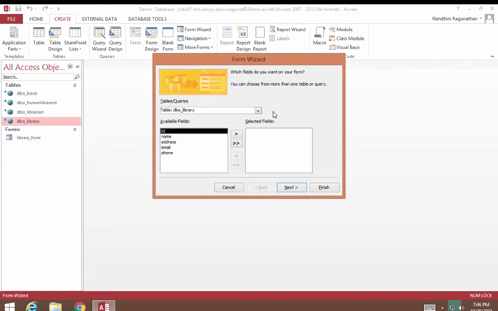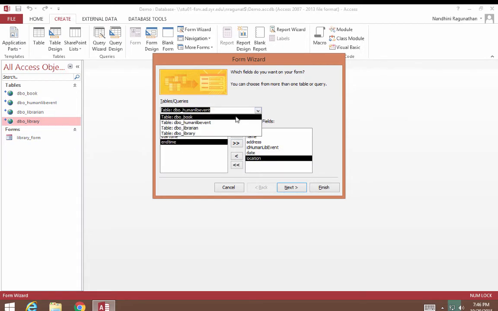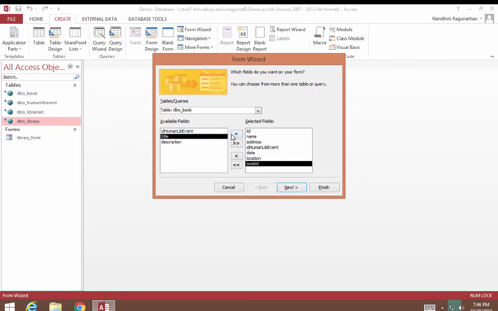So I'm going to choose columns LID, name and address from my library table. And then I'm going to choose the human library event ID, date, location from the human library event table. And from the book table, I'm going to choose the book ID as well as the title.